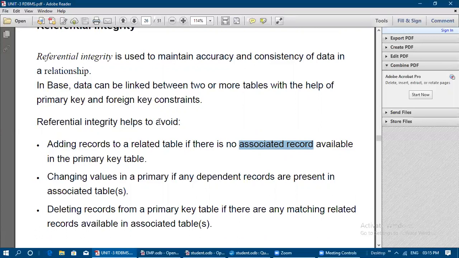That is, after making a link between the tables, that is known as referential integrity. After that, it won't allow us to add records to a related table or reference table if there is no associated record available in the primary key table.